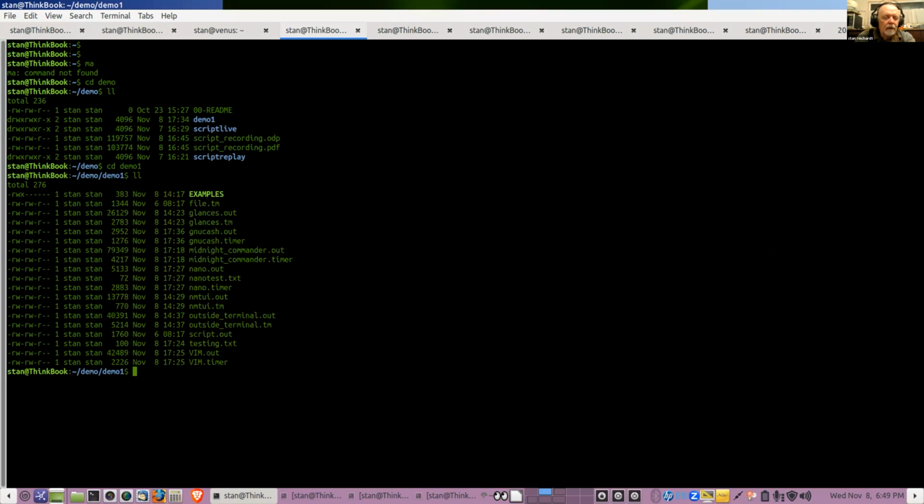The shortcut for starting a script is, instead of that long title, the dash capital T is for your timing file, and you give it whatever name you want, dot timer.